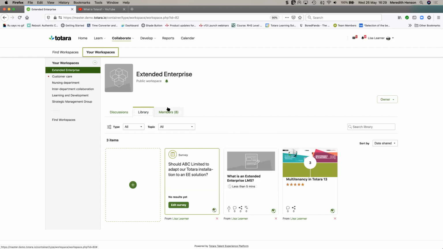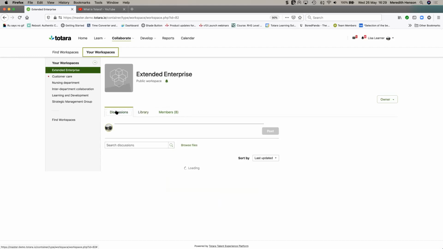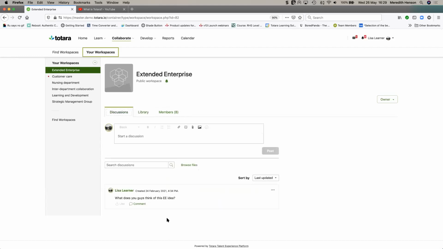So they can add more content, maybe a good or bad study relating to extended enterprise, and build that on and have a record of all of those interactions, as well as all of the discussions. So in this case, Lisa's a little bit lonely in here, but people can reply. And all of those likes and replies and likes on replies is all tracked within the reporting tool, which I'll show you towards the end of today's session.